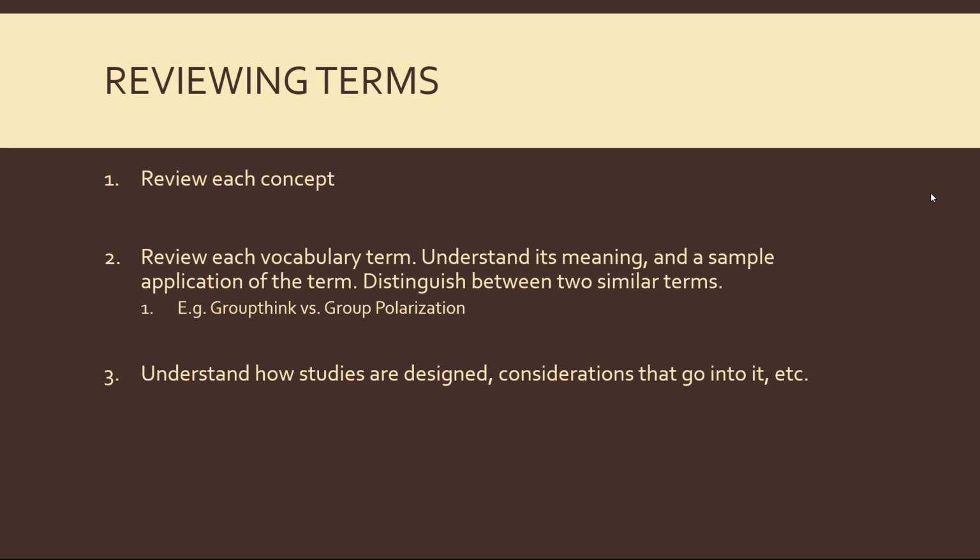And it often helps to have an example in mind of that type of concept. So for example, group polarization, I mentioned that, say, if we've got people who are politically partisan, they will often become more extreme. There's a lot of discussion over whether social media does this these days. Social media kind of silos us into our own little bubbles and creates group polarization. Groupthink is a little bit different.